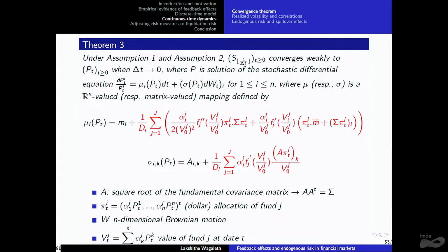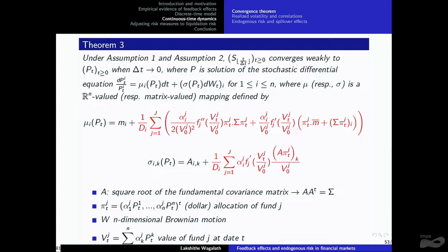The discrete time process converges weakly to the SDE, which is this SDE here, with a drift mu and a volatility sigma, where the drift mu is given here, and the volatility sigma is given here. Right? So one interesting point to come back to Stéphane's remark: